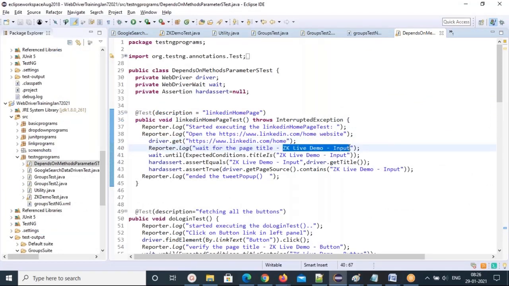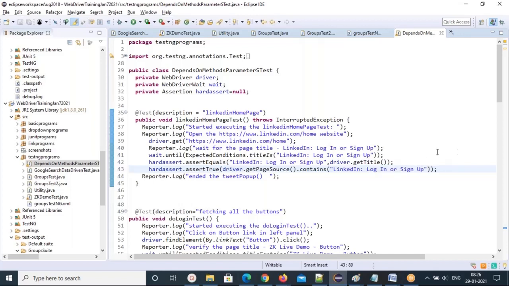Wait for this page title first. So I'm waiting for this page title using wait dot until expected conditions dot title is. Then I can validate this page title using assert equals. Assert equals I'm using. Still, if you want to validate, assert true also we can use.